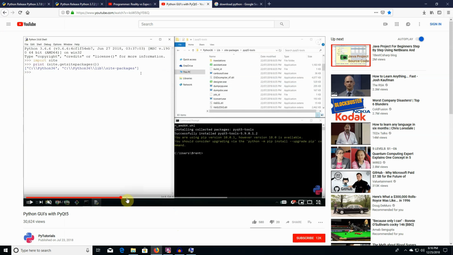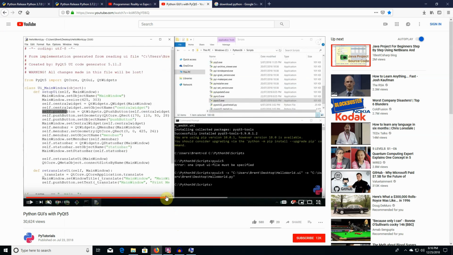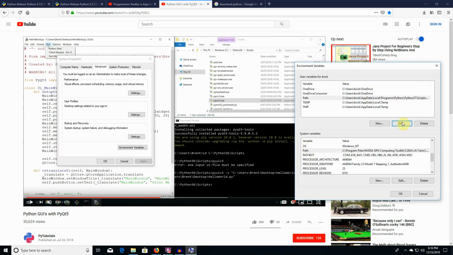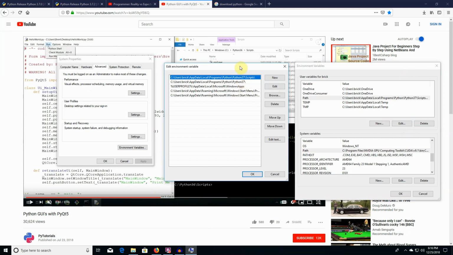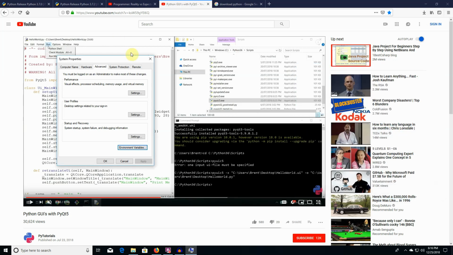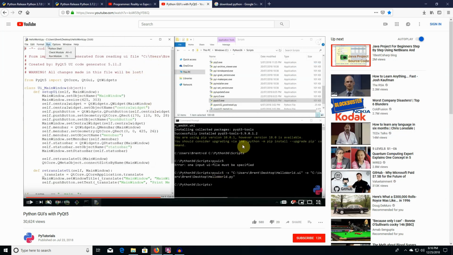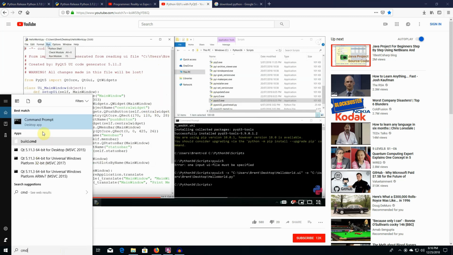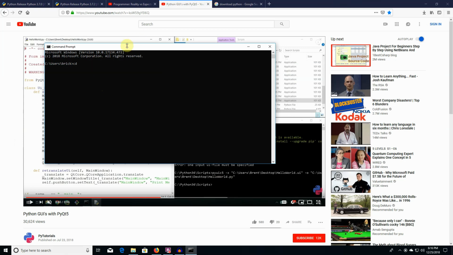And again, the one small thing that matters that we're going to look at here is he doesn't actually have this path or this directory in his path. Like we said before, not only did we want Python in our path, but we put the scripts in our path. So he has Python in his path, but he doesn't have the /scripts in his path. And so when he tries to take his UI file and transfer it into a Python file, when he goes into his command line, since it's not in his path, what he has to actually do is hit CD, and then